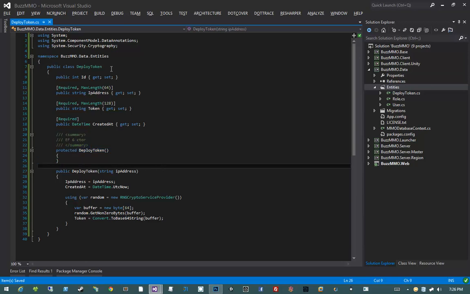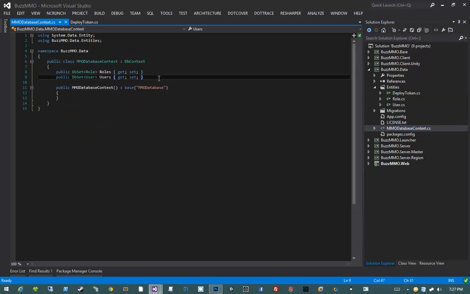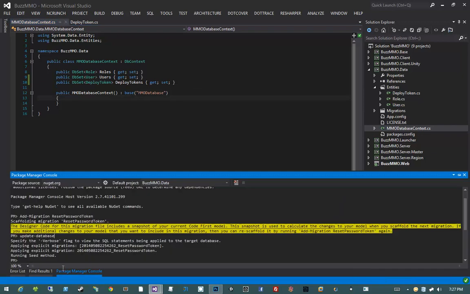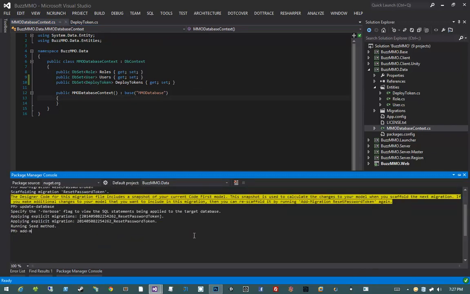Okay, so now that we've added our entity, we have to add it to our context. So I'm going to go to our MMO database context and say public DbSet<DeployToken> DeployTokens. So our DbSet DeployTokens will inform Entity Framework that we have a new entity. Because we've now done this, we can generate a migration, which will be scaffolded for us, and it'll add the appropriate table to our database called DeployTokens. So let's open our PMC and say add-migration CreateDeployTokens. Then I'm going to hit enter